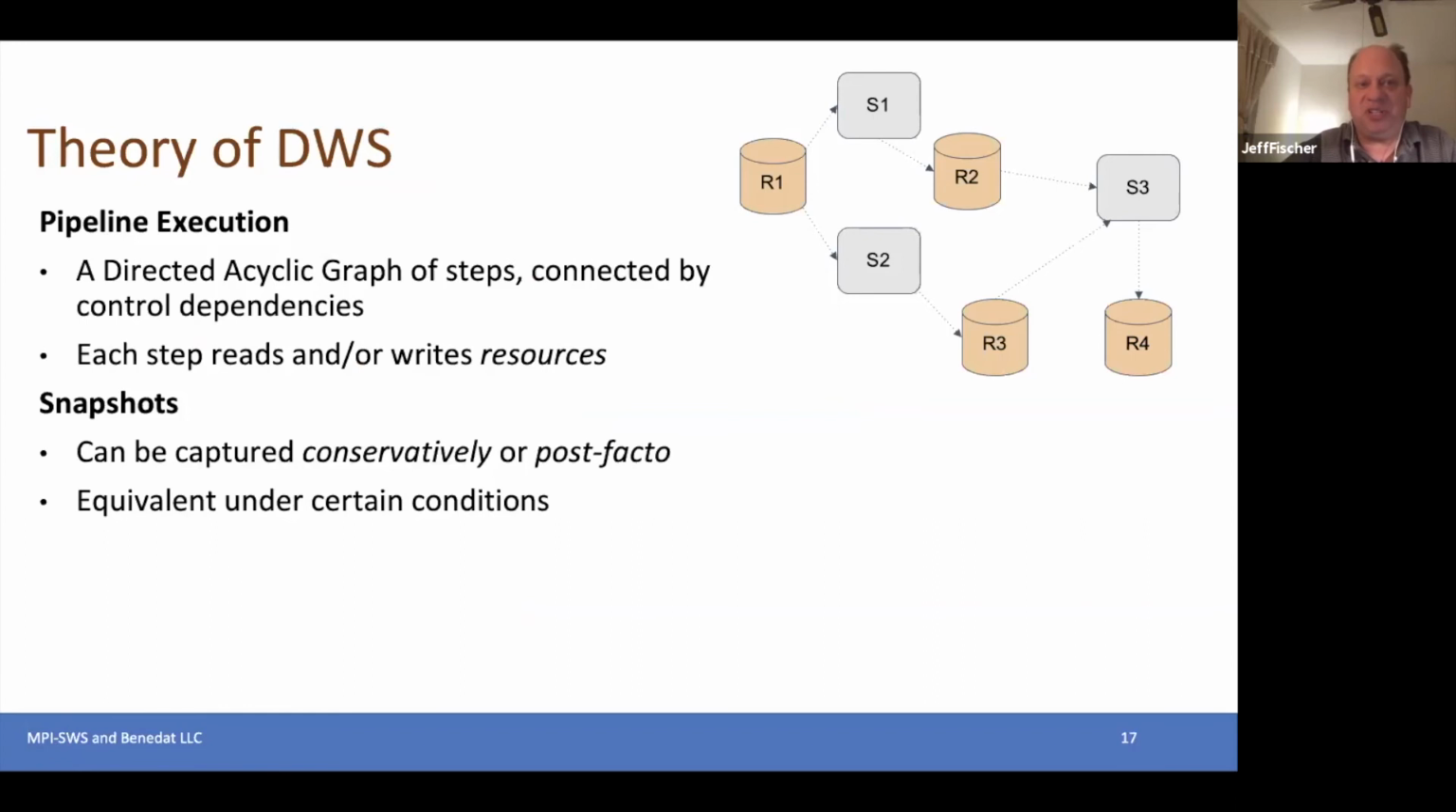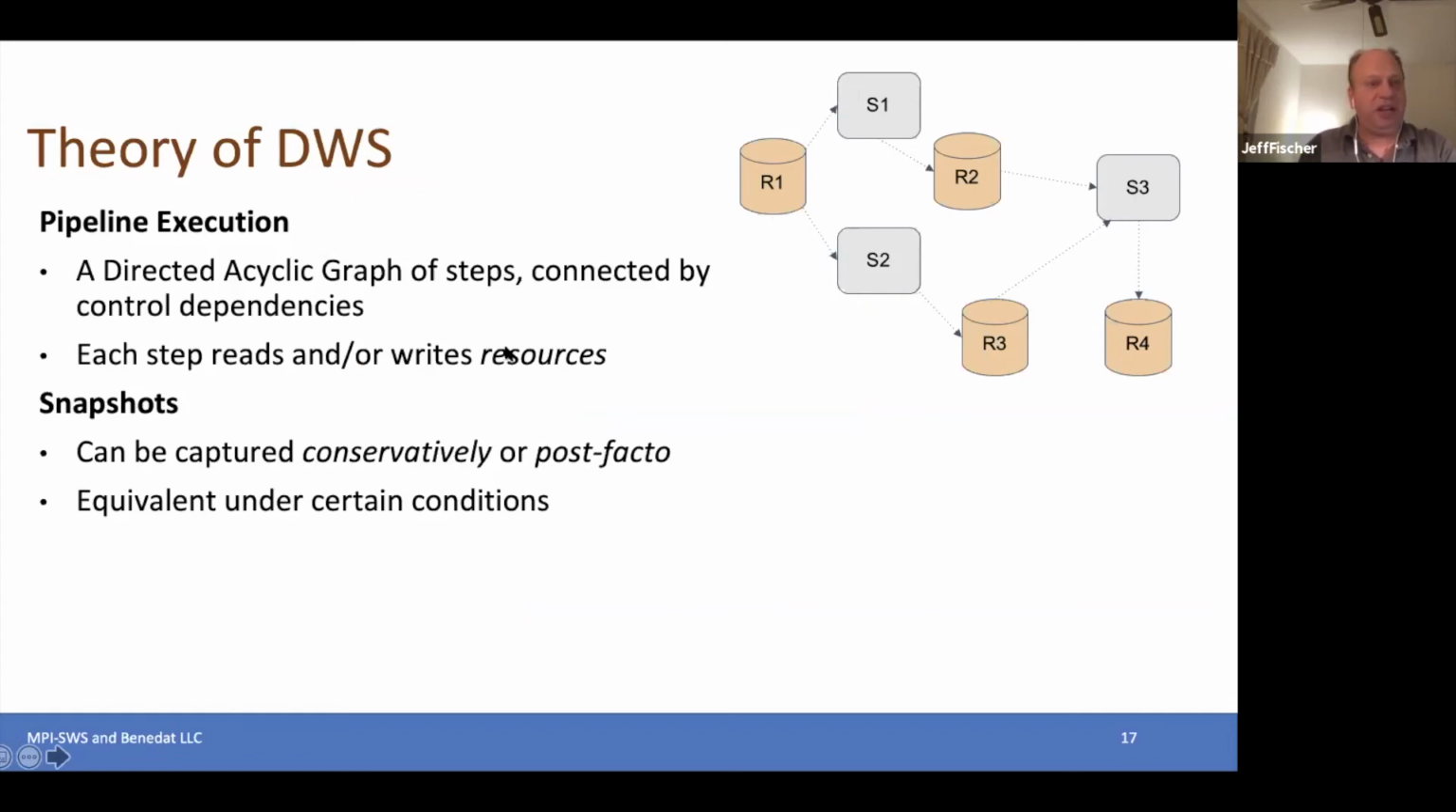I'll mention, so this kind of began as a research project, and so there's actually some theory behind it. And I'll just real briefly touch on it. So part of this theory is about talking about a pipeline execution, and we model it as a directed acyclic graph. And so you have these steps, and they read resources and write to resources. So you can build a graph from that based on the control dependencies